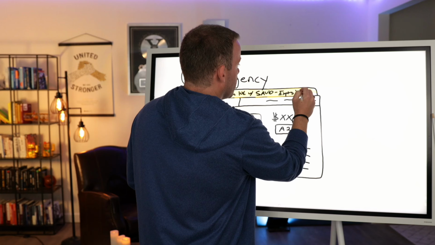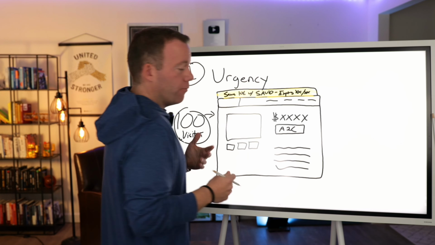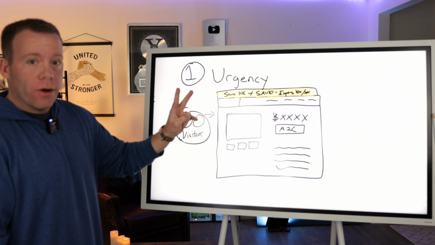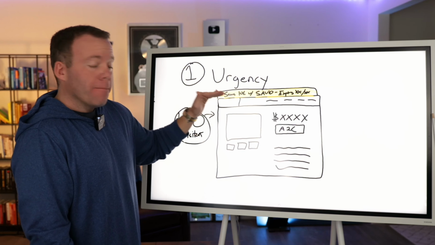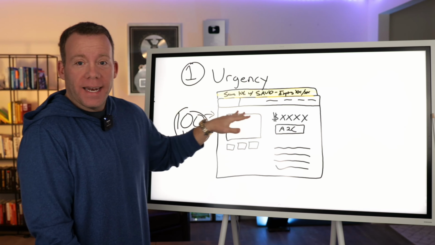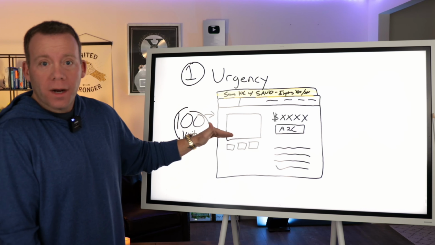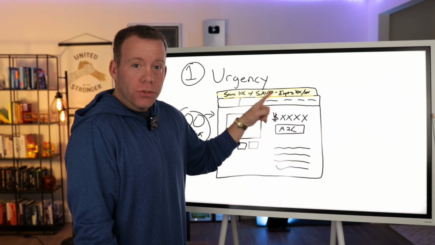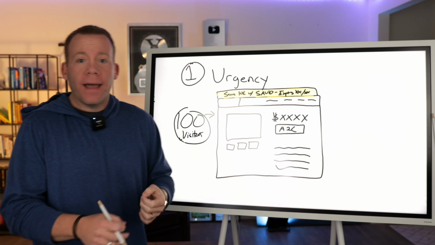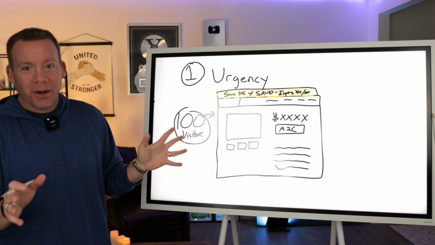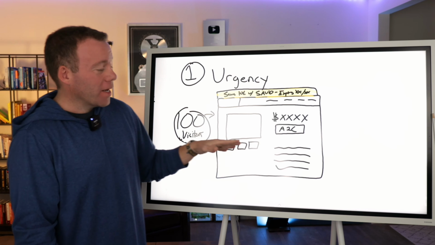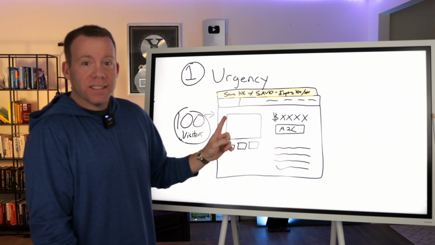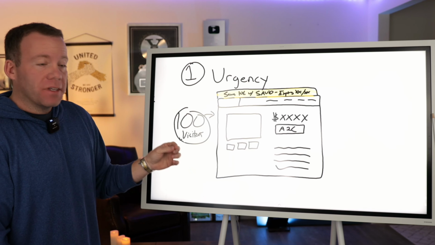So I'll just put X's here because the date obviously doesn't matter for this, but just know these are updated twice a week with different discount codes, even with different offers. And when these 100 people find us, and again, even the qualified ones that do want to buy, but maybe don't want to buy right now, this gives them a reason to buy sooner rather than later. Now, I'm going to give you one more thing. Again, this might be a longer episode than usual, but one more thing when it comes to urgency is showing, if this is true, if stock is limited, showing how many are left in stock.